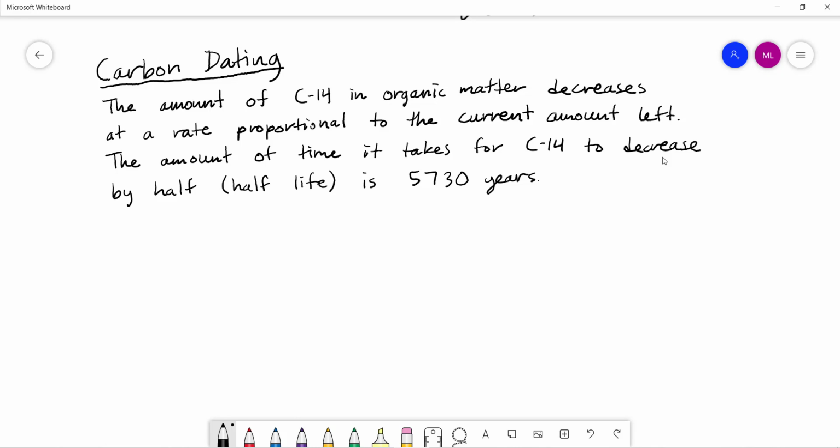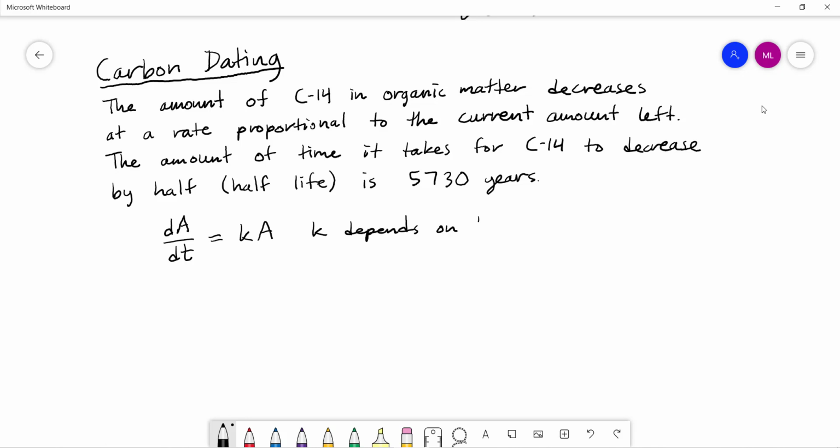Okay, so essentially what we've got is, again, let's call it dA/dt. This is the rate of change of the amount of carbon-14 as a function of time. So dA/dt, carbon-14 per time. The rate of change, which we're talking about right here, this rate is proportional to the current amount left. So it's proportional to the current amount that is left. And this value of K